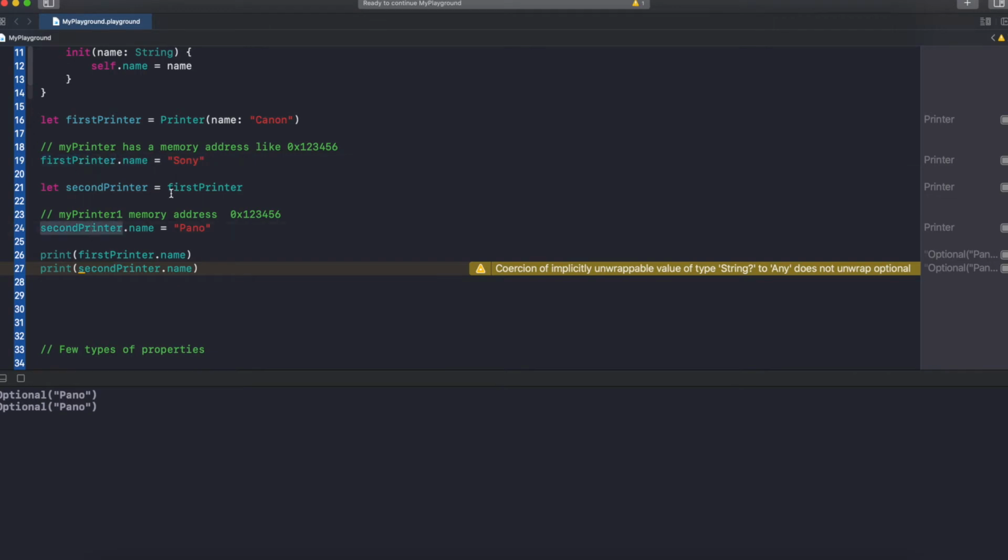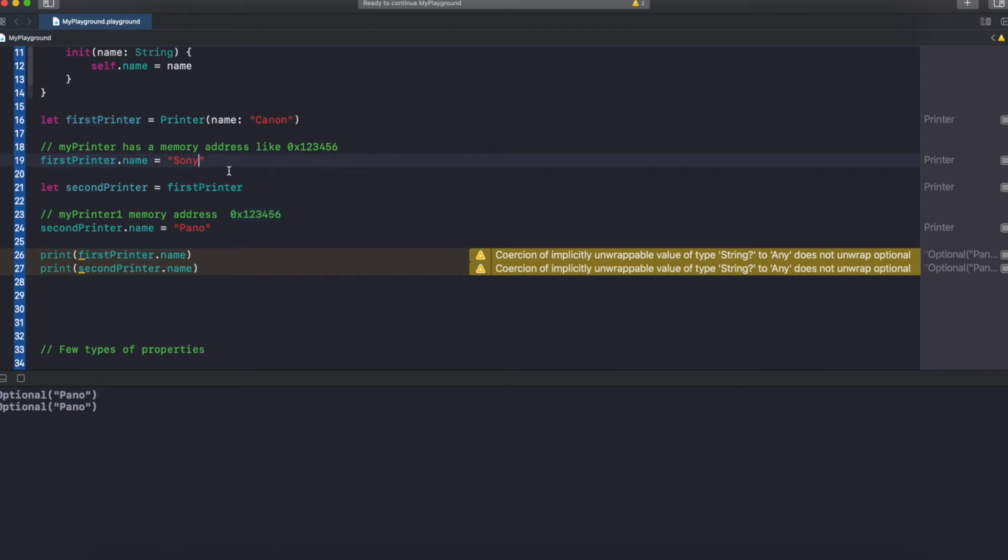Both properties refer to the same memory address. That's the reason when you change the second printer object, it also gets reflected in the first printer object. So that's why we call classes reference types. When you assign something, it just gets referenced. There is no new memory allocated for that particular second printer property, right?